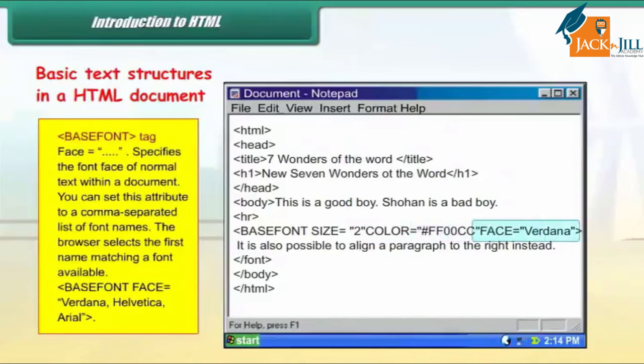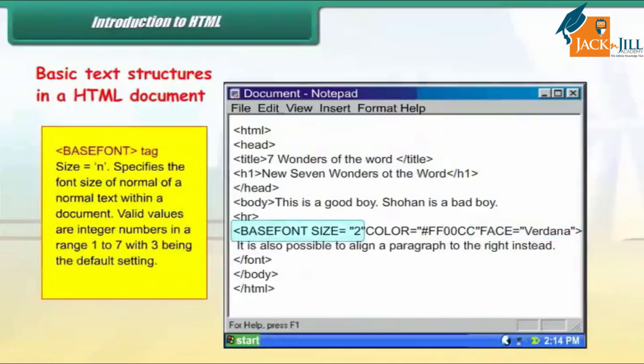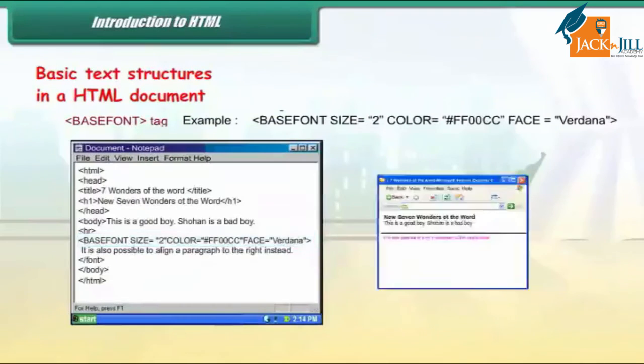Face. Specifies the font face of normal text within a document. You can set this attribute to a comma-separated list of font names. The browser selects the first name matching a font available. Size. Specifies the font size of normal text within a document. Valid values are integer numbers in a range 1 to 7, with 3 being the default setting. Example: